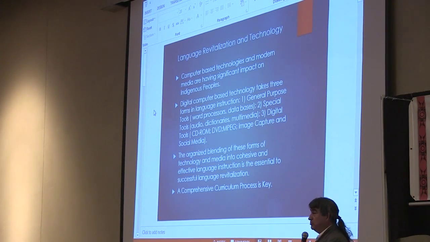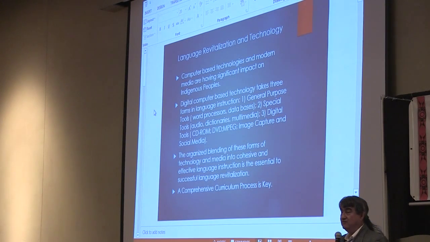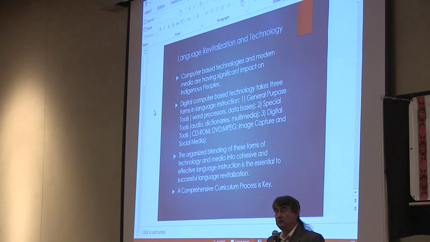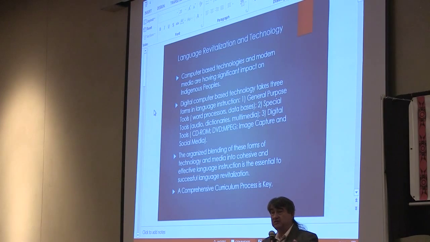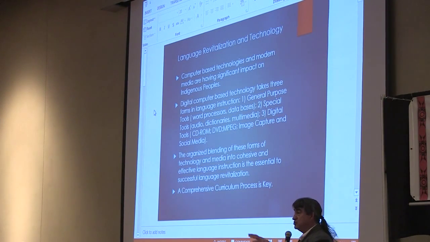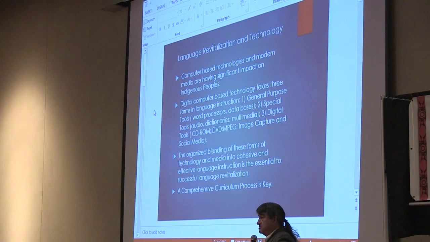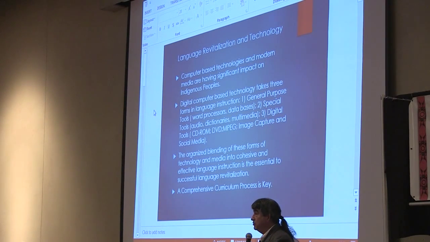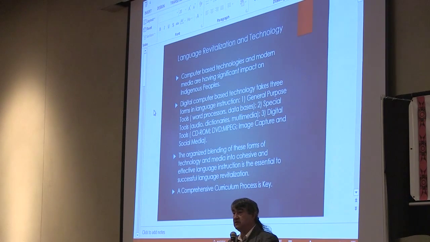As it turns out, our young people have a great facility for learning technology much quicker than I do, or maybe the rest of us do. What's important and interesting is that when you give them the opportunity to actually create language curriculum using technology, they learn both the technology and the language at the same time. There's a very interesting phenomenon among young people as you begin to engage them in the use of technology and in creating media materials, as well as curriculum materials that can then be used within the community in different kinds of contexts.